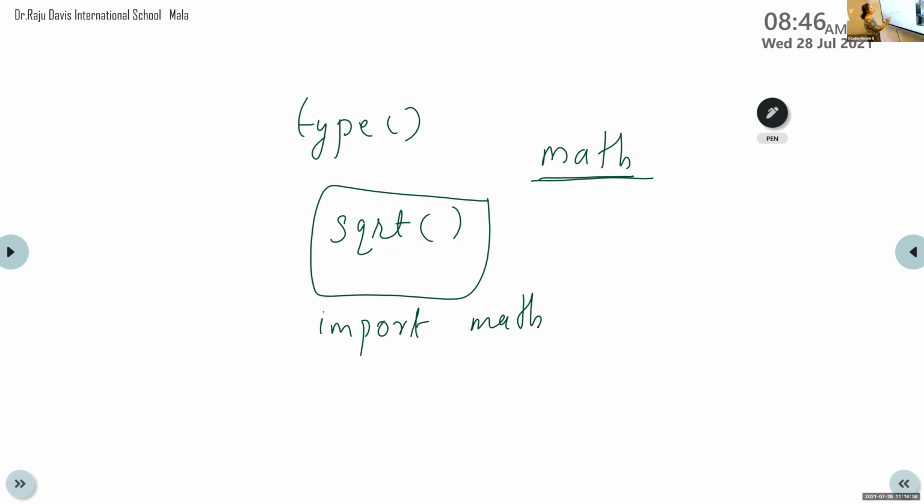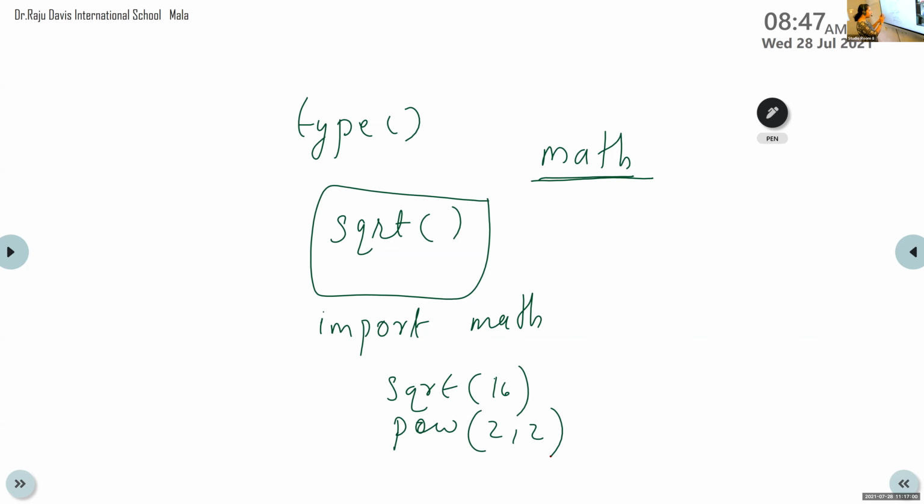After that, we can use the sqrt function, square root of 16, or we can use power 2 comma 2. This is a built-in function defined in modules.